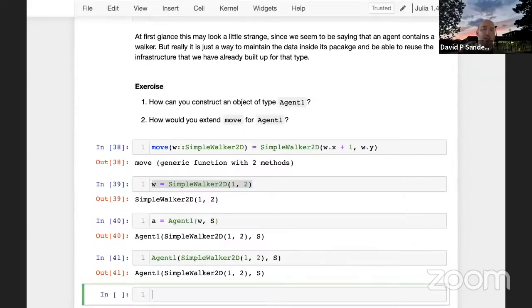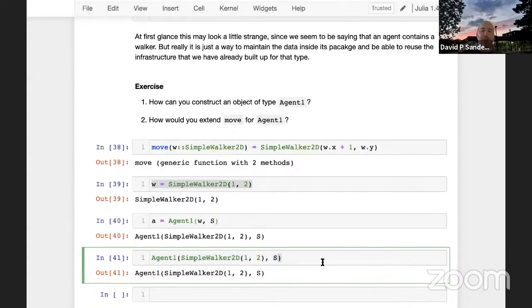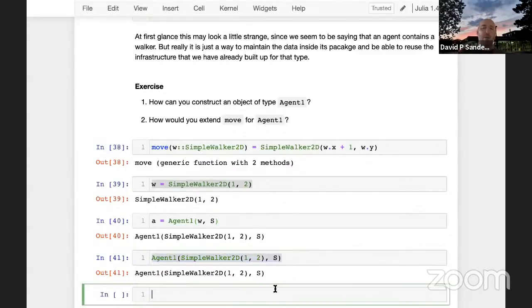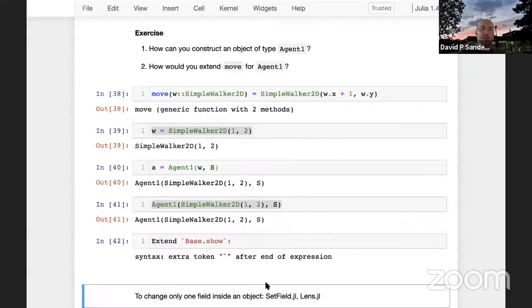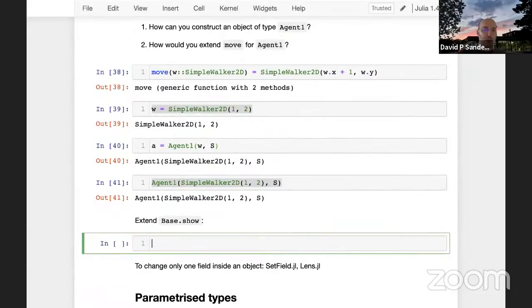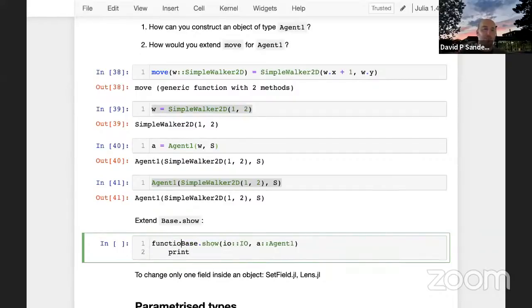There's also a way to print out your types. You're going to start having these complicated types and they're going to be very unreadable. So there's a way to extend the Base.show function to make them prettier. So I guess we should just quickly do that. So Base.show of, you need this IO object to start with, which just means input output, and then you do a, which is of type Agent1. This is a method of that function, and I'm going to do print to IO, sort of, agent object with